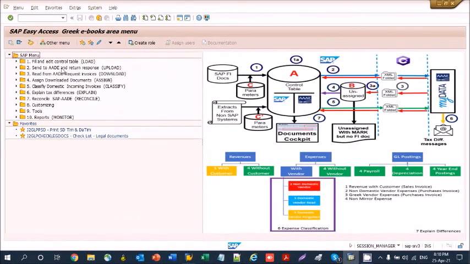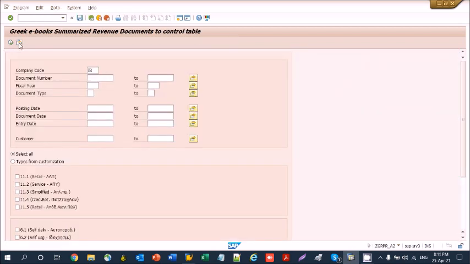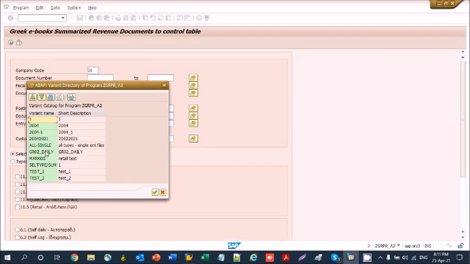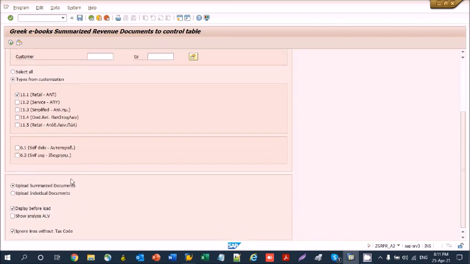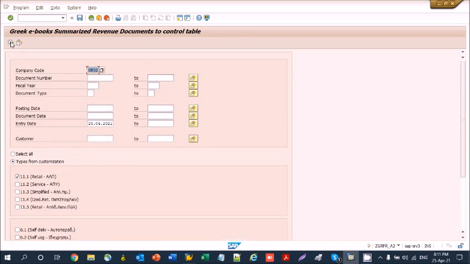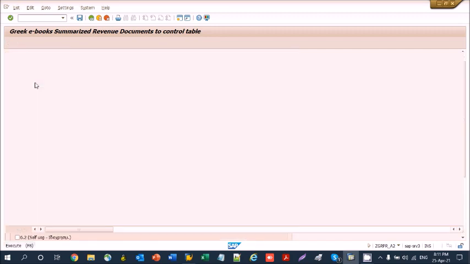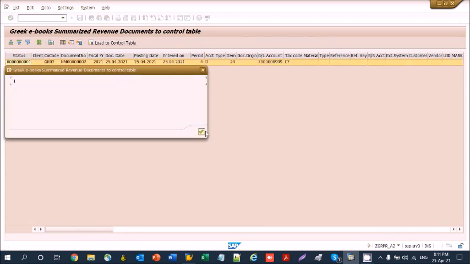Then we run the A2 load non-mirror revenue entries. Summarize documents. Load to control table.